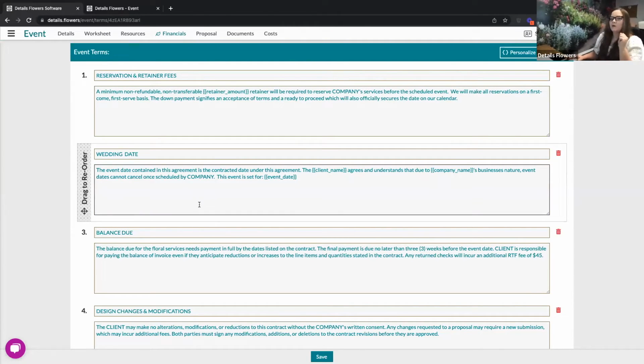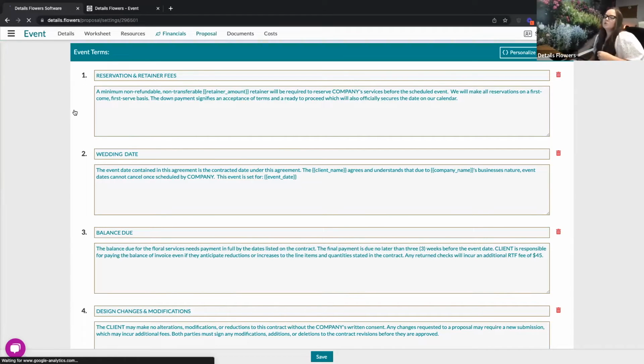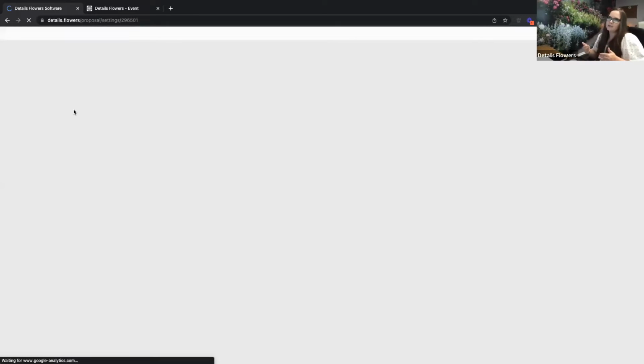So that is our contract templates. The next set of template is actually going to be on the proposal. So I also want to keep this in mind that in thinking about templates, I personally recommend that you think of them in sets. So if I have a worksheet template, then I'm also going to have a corresponding proposal template that goes with it. And that way, every time I load in the worksheet template, I'm also going to load in this proposal template. And this also ties into